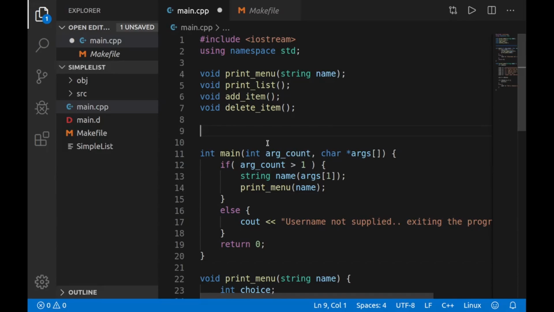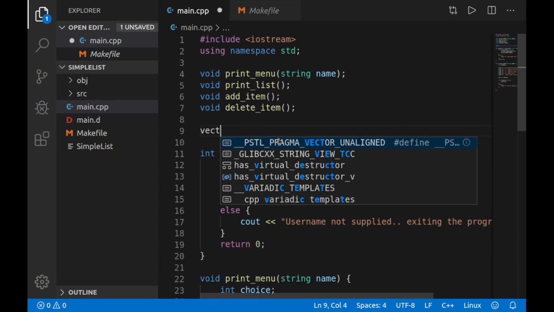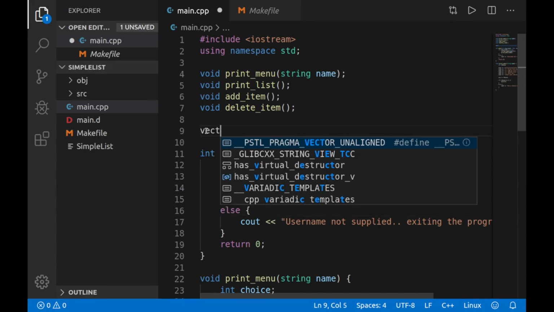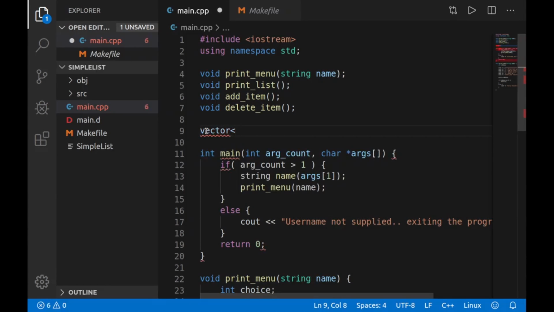And with that being said, we're also going to introduce a new type of variable. It's just like an integer or a string that we've talked about before, but it's called a vector. And all a vector allows you to do is dynamically store a collection of variables of the same type. So in our case, we're going to store the items, and they'll be strings because we want some text in our list. We'll do vector, and then the less than symbol, string, and then what we're going to call our vector,